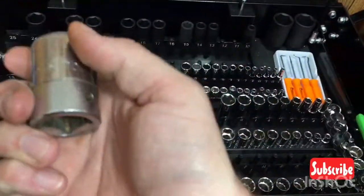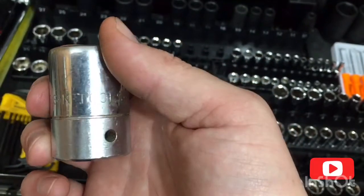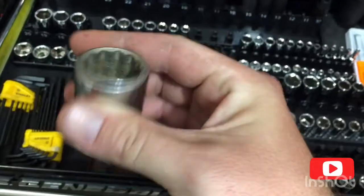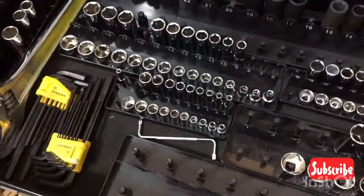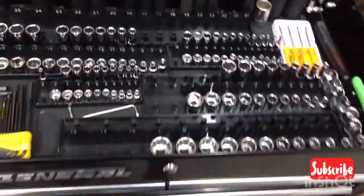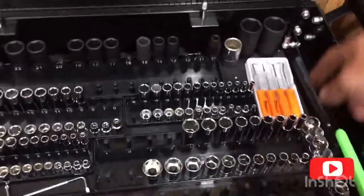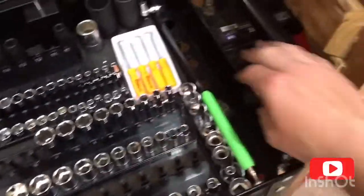And I have a very old SK 3/4 inch drive. What size is this? 15/16? Yeah. I just keep that up there to say I have an SK, because I don't even have a 3/4 inch drive wrench. Shitty Pittsburgh pick set, magnet,